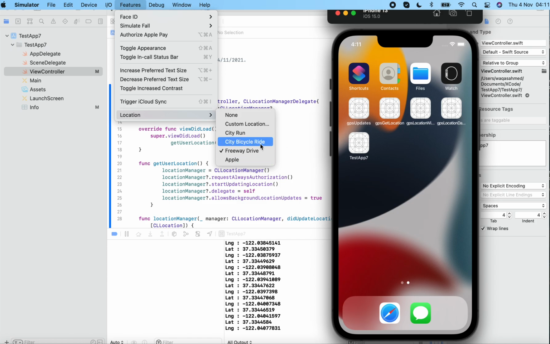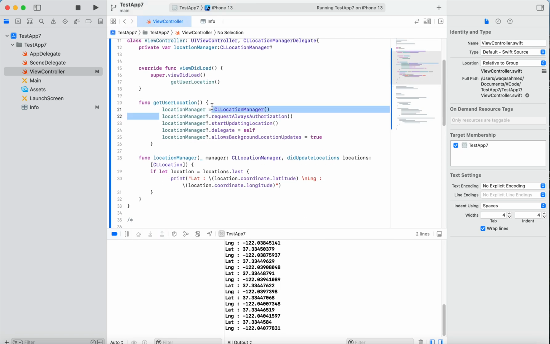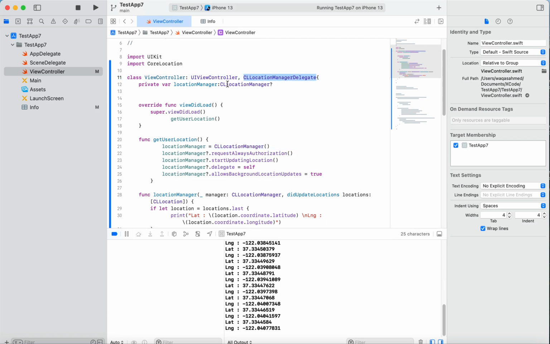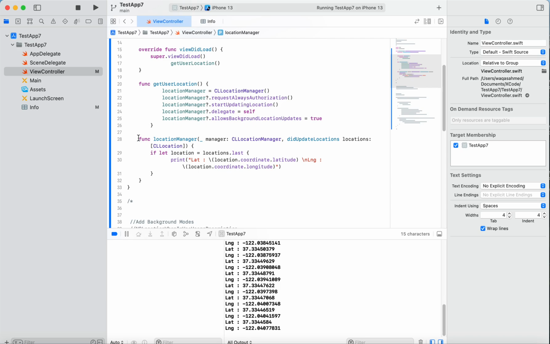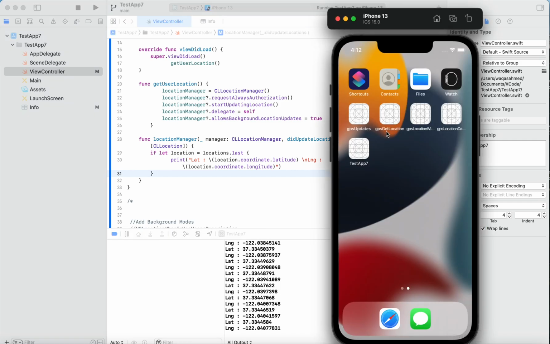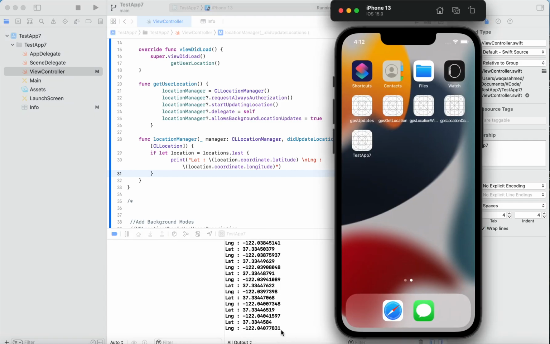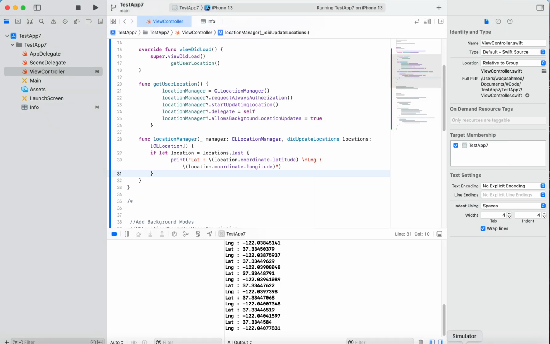So let's have a look at the code, how it's working. Effectively, it's just a location manager service that you're bringing into your ViewController, and you're setting up a variable for the location manager, and here this is the function which is doing the periodic updates. And what it's doing is the manager is saying that if the location is different to the last location, so i.e. there's been a change, then print this out. Okay, so it's just a print statement of the two location coordinates, latitude and longitude. And the beautiful thing about this is that even while the app is in the background, you are receiving the updates. So if I go back,